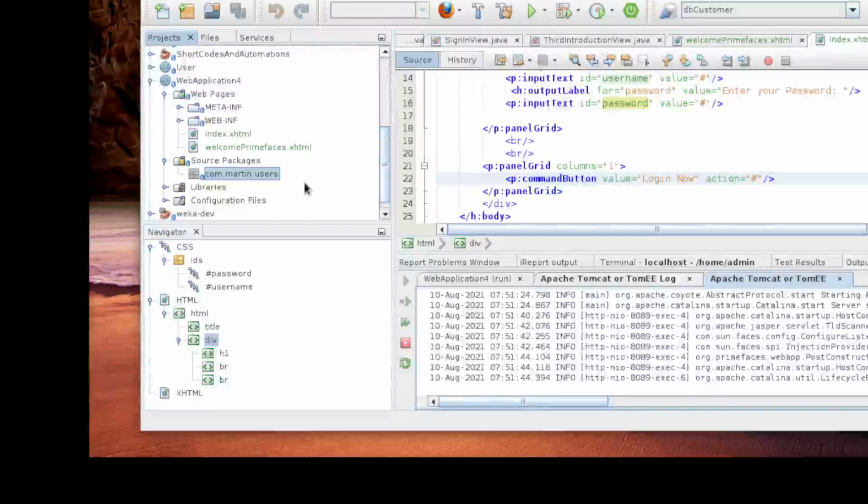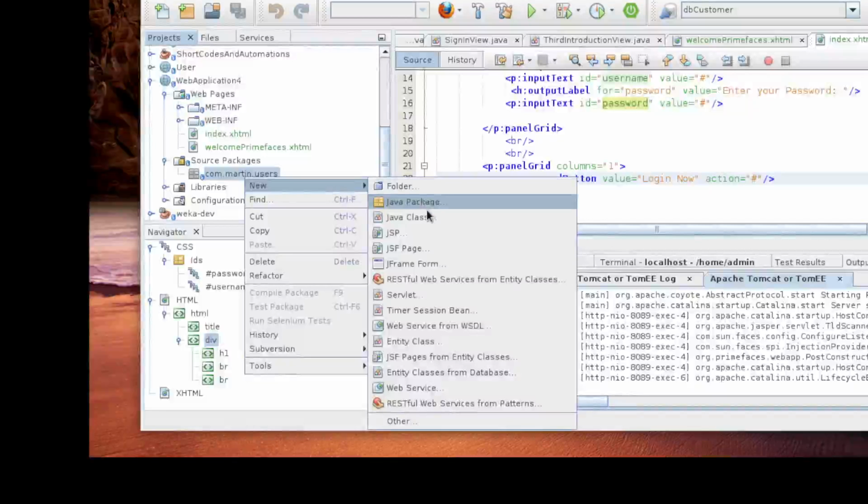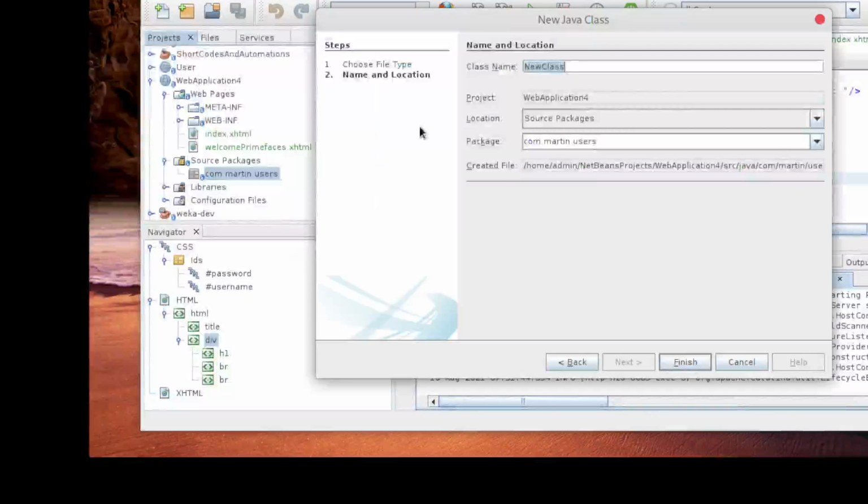Sorry for that. So for that you can have our user object. For now, we're just going to create a simple one to hold everything. We call it user, as a Java class.